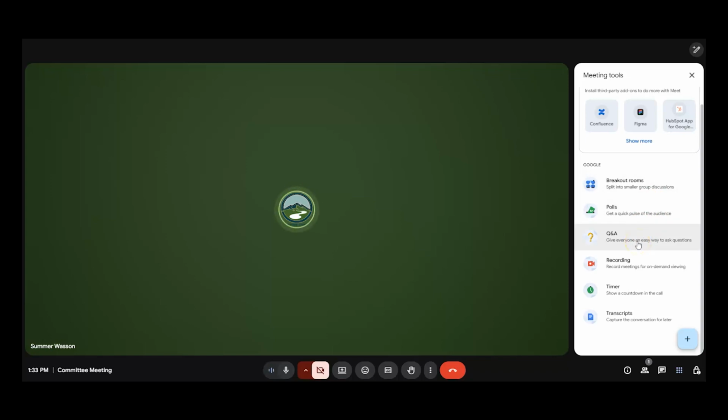Q&A, everyone has seen in a Google Meet when people are asking questions via chat. Q&A is different because it also allows them to upvote or downvote those questions. That'll give you some insight as to the feelings of the questions that are being asked within your meeting. You can also launch recordings and transcripts, and the timer is really helpful as well to help keep you on task during your meeting. Again, I'll cover all of these features in a future video, but today I do want